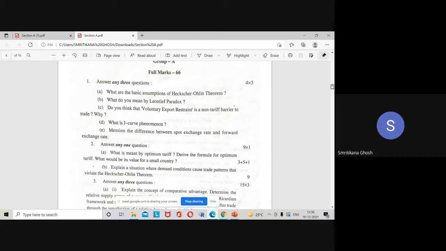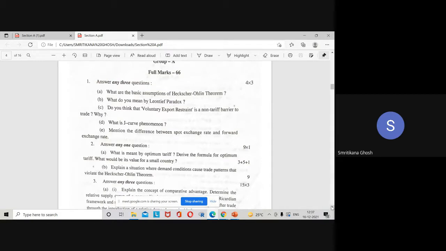Okay. So why is it? Because the demand may be so high. The capital abundant country may have a huge demand for the capital intensive commodity. So in that case, it may be possible that the country is capital abundant, but still it is importing the capital intensive commodity. Why? Because the demand condition is asking it to do that. Okay. So this is the violation of the HO theorem through demand.